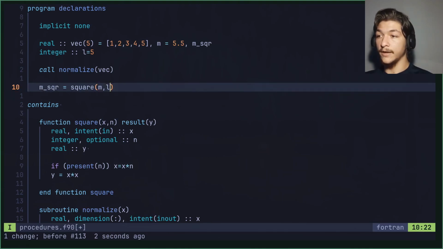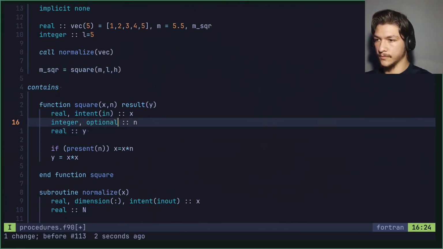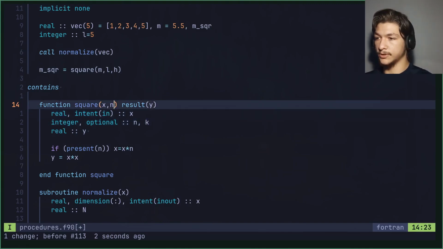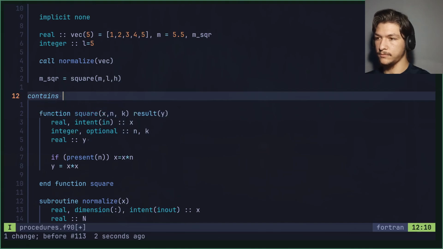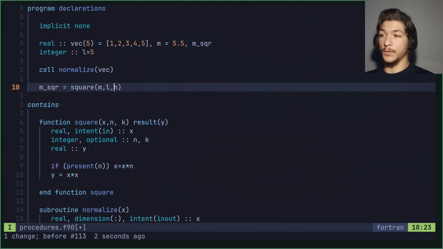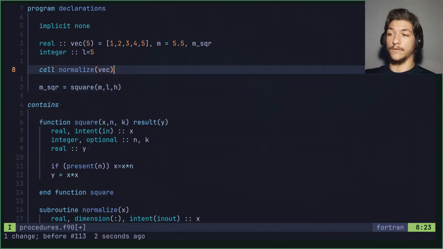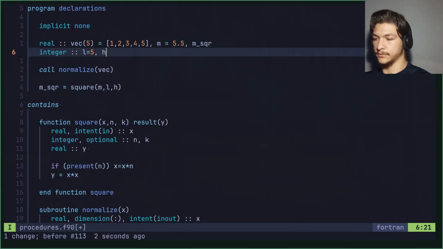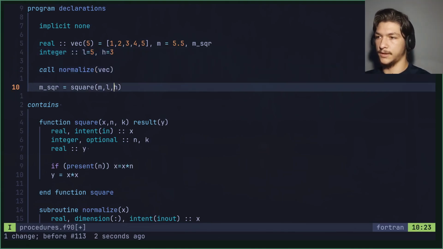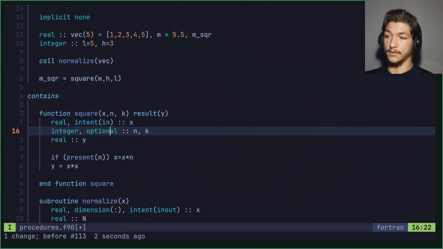type. If we want to actually hand in a third value, so let's say H, and let's here call K. So N and K are both optional. We also define it here. We must be careful with the ordering of these two values. So let's say here H equals 3, so it's defined. If we want to use the first argument as 5 and the second argument as 3, this is correct, but we cannot change the order because now N in the function will be taken as 3 and K will be